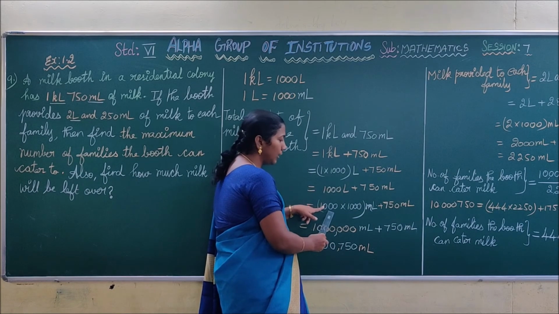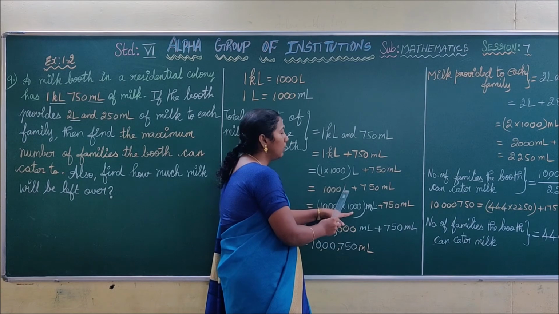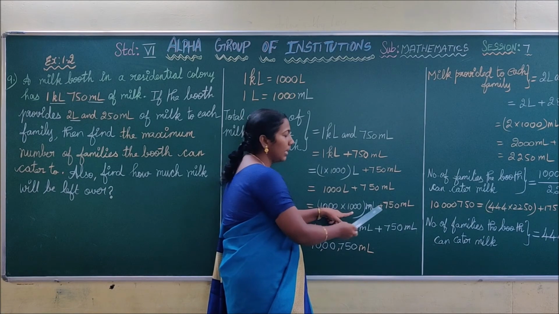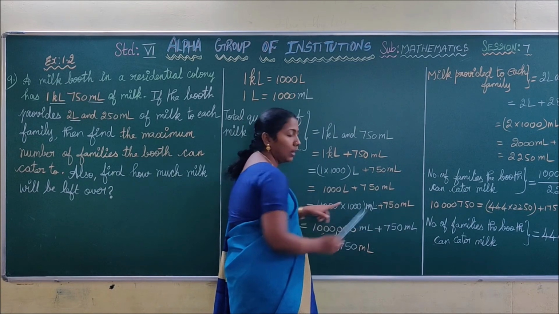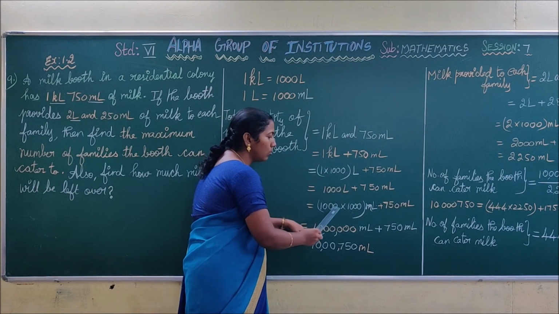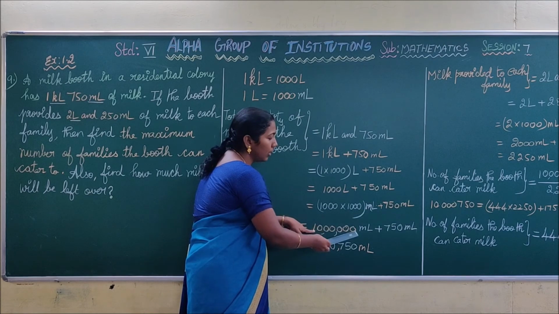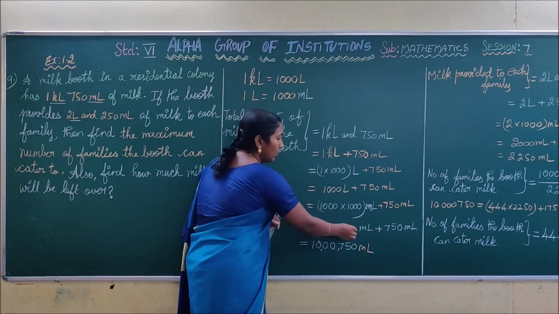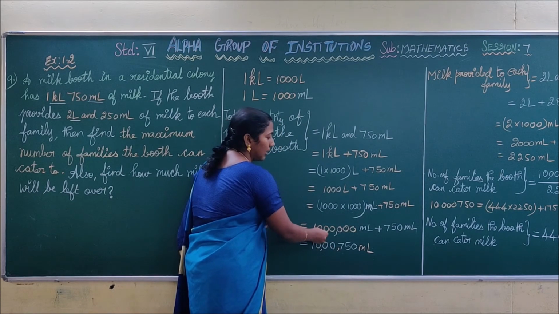So 1000 into 1000. Here we have to convert liter into milliliter, plus write this term 750 ml. Okay, 1000 into 1000. 1 into 1 is 1. And here 1, 2, 3 zeros. Here also 3 zeros. So here we have to write the 6 zeros. That is 1 tens, 100, 1000, 10,000, lakh, 10 lakh. That is 10 lakh